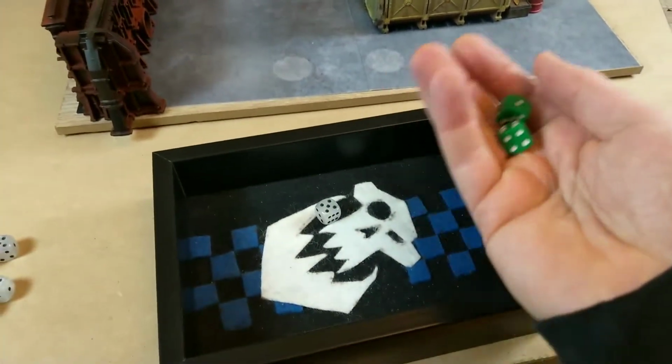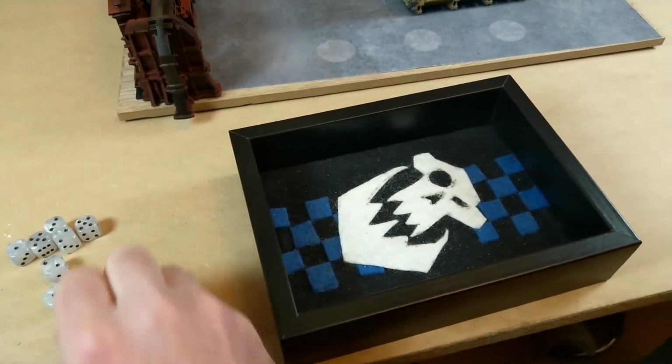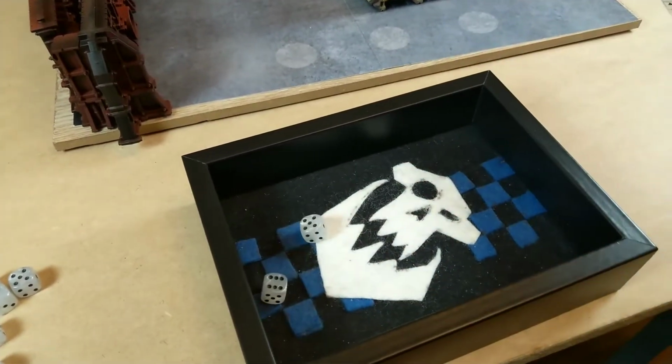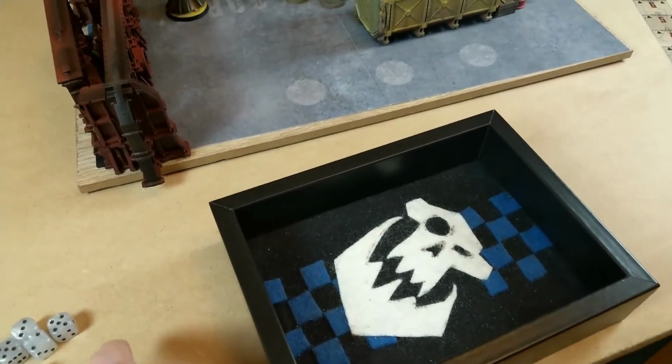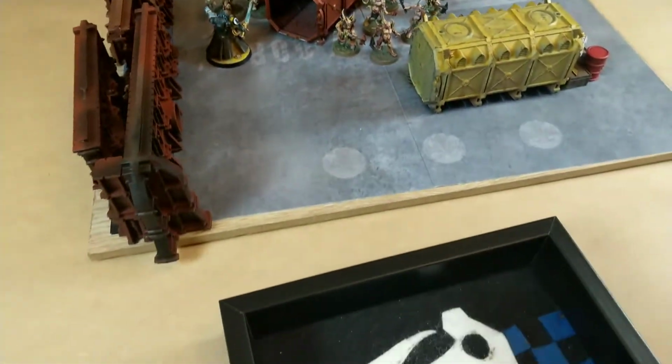So we're on to the Psychic phase now. He needs a... Oh, wrong dice there. Jiminy crickets. He needs to get a 5 or more to get Smite off. He gets an 11. Very nice. So he targets the nearest visible enemy unit, that is the Plague Marines, and they'll get D3 mortal